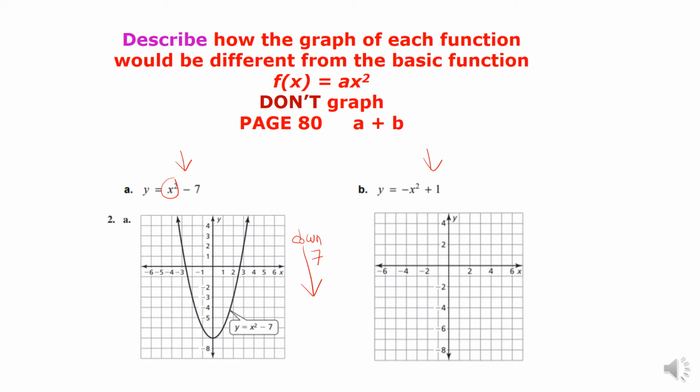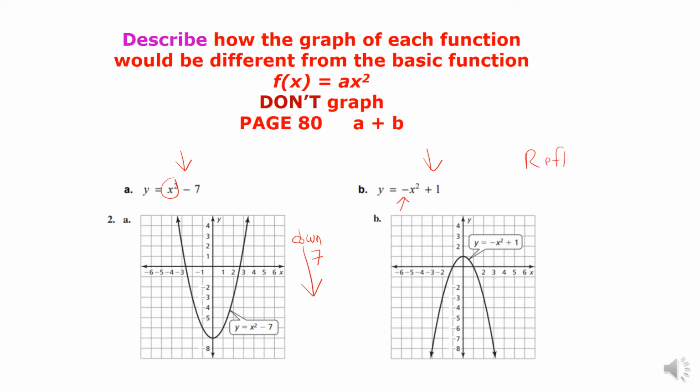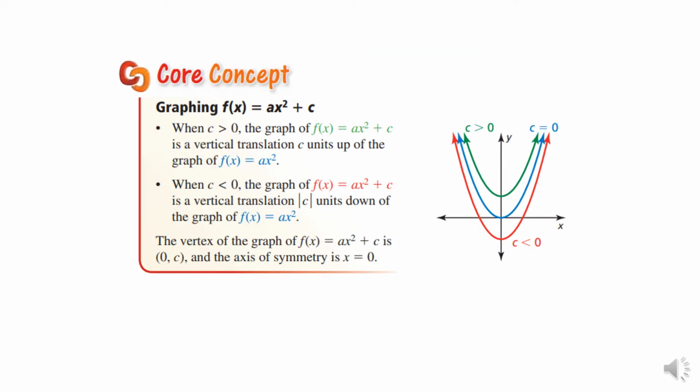Okay, and so be careful with this one because we also have a negative here. So we know that it's a reflection over the x-axis and up 1. They usually do the reflection first because it's kind of hard to remember to do both, so it's easier to do the reflection first. Just trust me on that. Try it a couple times. Okay, so this is just an explanation in your book. It's also in your journal,